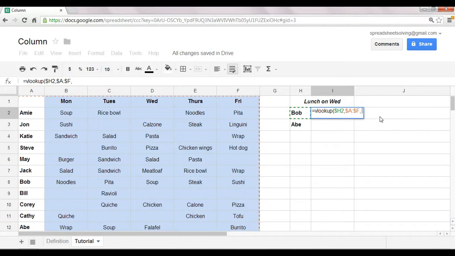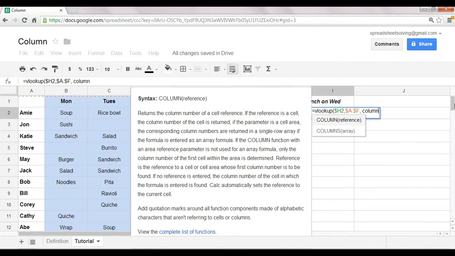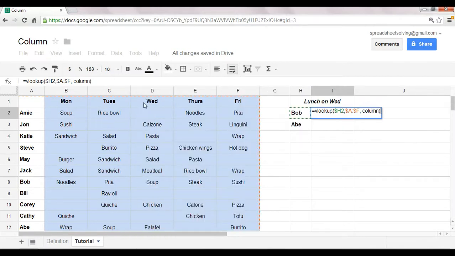Okay. Now, the third argument is going to be our column number, and in this case, we're going to use the column function. So rather than looking here and seeing it's Wednesday and noting that Wednesday is located in the fourth column and inserting the number 4, I'm going to use the column function. And so I type in column, and I'm going to include D1. And so I know that D1 will return to me 4, which is exactly the output that I want